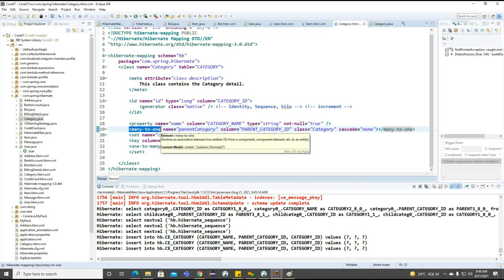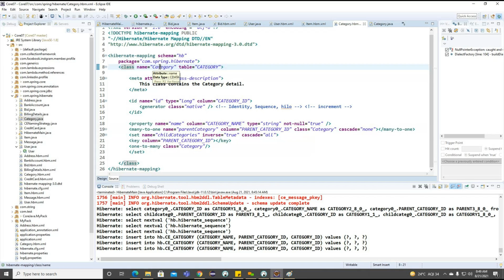But what we need to identify is, wherever we work on many-to-one or one-to-many: if it starts from one-to-many, we go for the class name, and the class will have one object. If it starts from many-to-one, we check the same class, and the class will act as multiple records. In our case, it is many-to-one. This class acts as multiple categories, but internally we define one more class, and this particular class is going to act as the one object here.